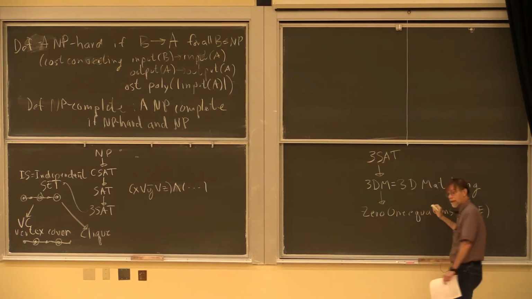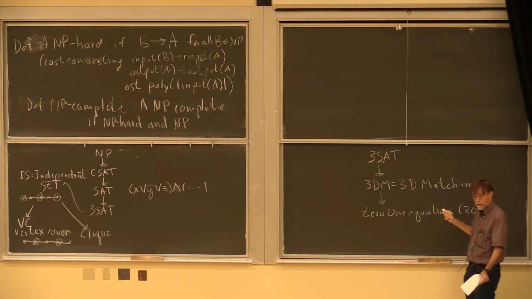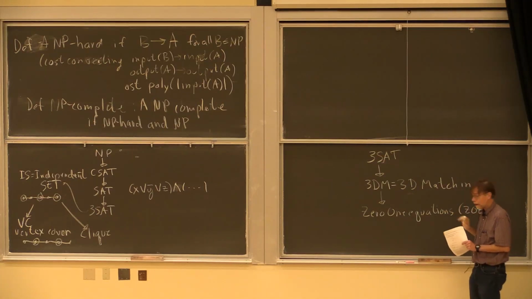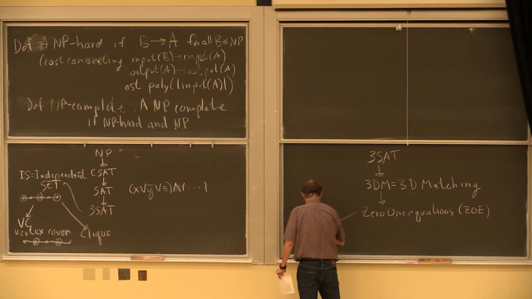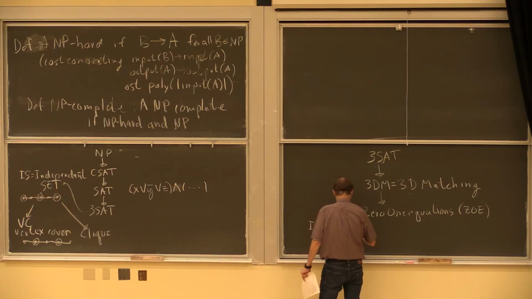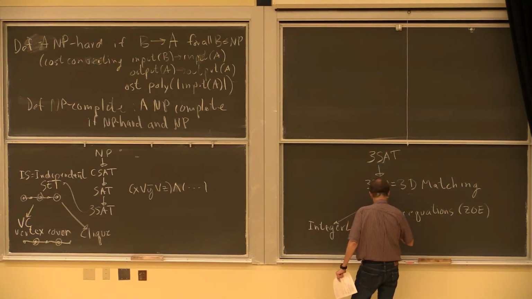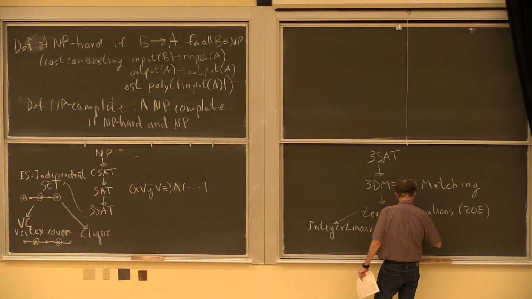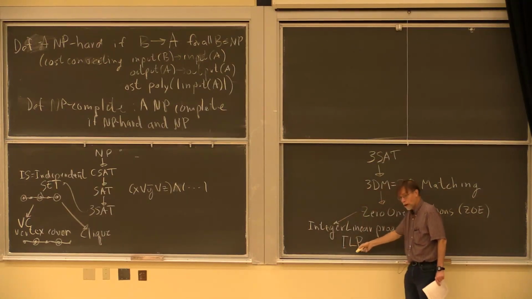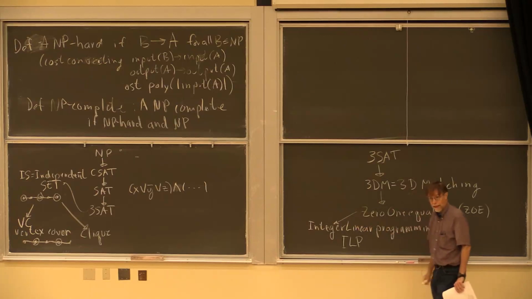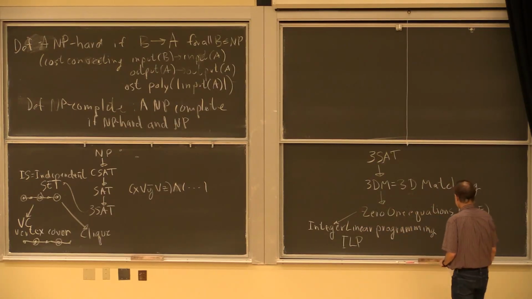This is just solving systems of linear equations, but every variable has to be either 0 or 1. And so we're going to restrict it to ask, is there a solution where all the variables are 0 or 1? So all the entries of the matrix are 0 or 1, and all the vector entries are 0 or 1. So that will in turn let us do integer linear programming, or ILP. It's the standard form of linear programming, except I'm going to add the constraint that the answer has to be an integer. And that's going to turn out to be NP-complete.